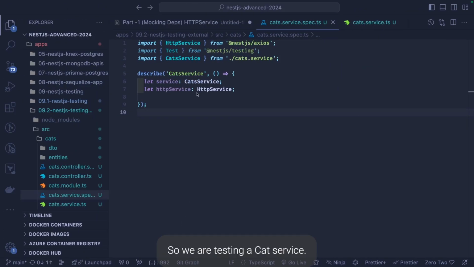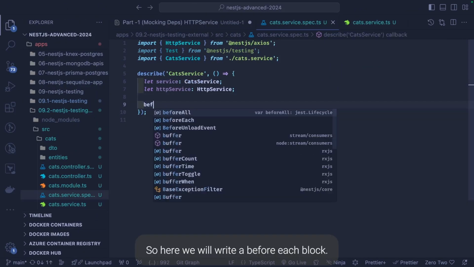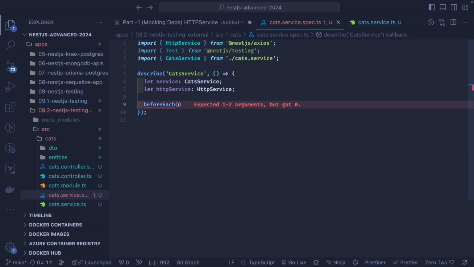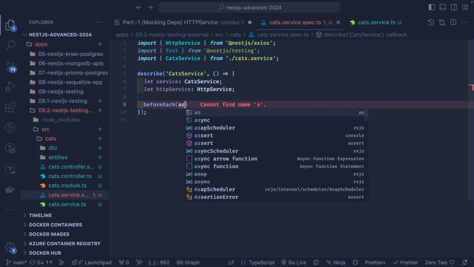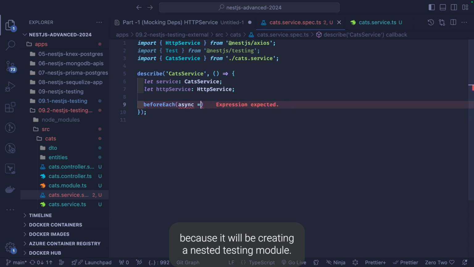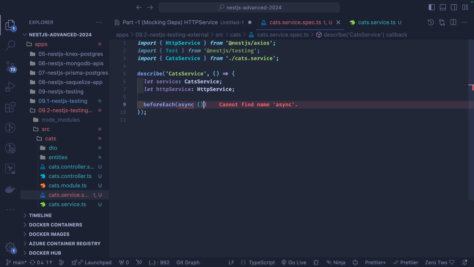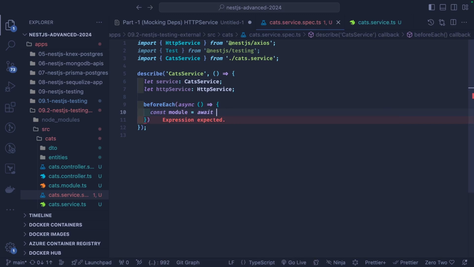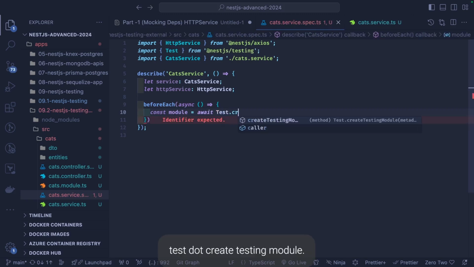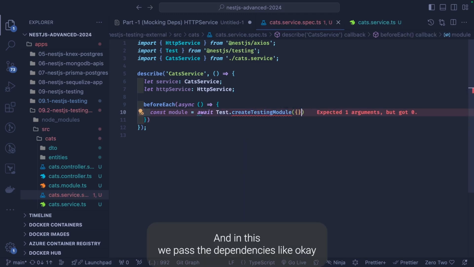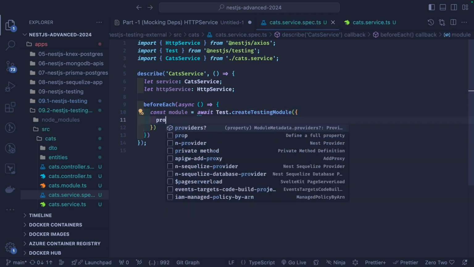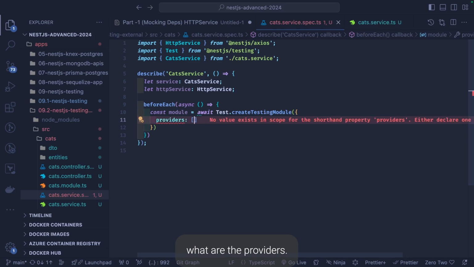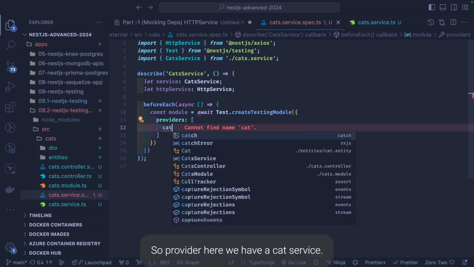So we are testing a cat service. Here we will write a beforeEach block, that is an async block, because it will be creating a NestJS testing module. Inside this, we will create a const module equal to await Test.createTestingModule. And in this we pass the dependencies, like what are the providers? So providers, here we have a cat service,